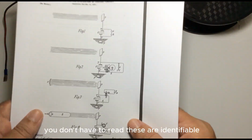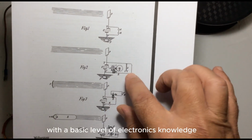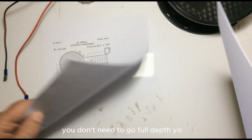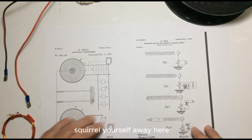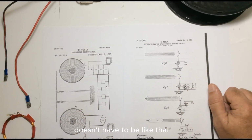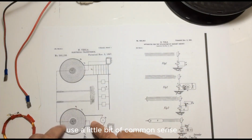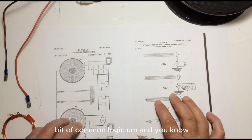These are identifiable with a basic level of electronics knowledge. You don't need to go full depth, squirrel yourself away, and just constant research all the time. It doesn't have to be like that. You can just make these from looking at the diagrams. Use a little bit of common sense, a bit of common logic, and